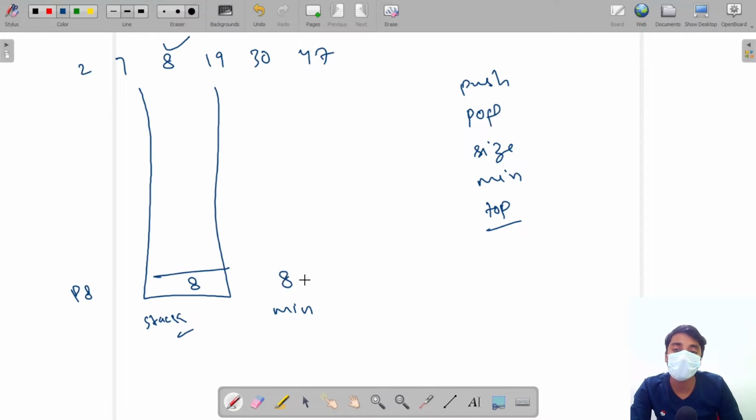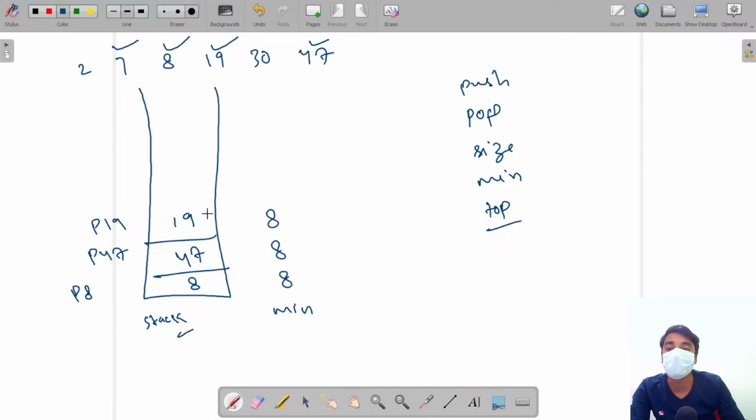Now the minimum element is 8 in the stack. Now push 47. Minimum element is still 8. Now push 19. Minimum element is still 8.